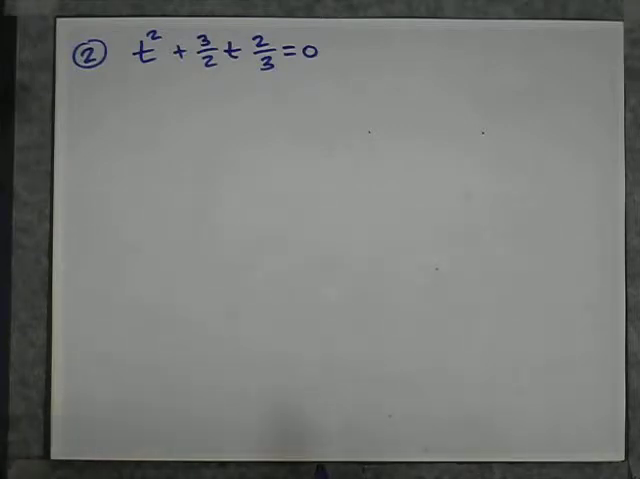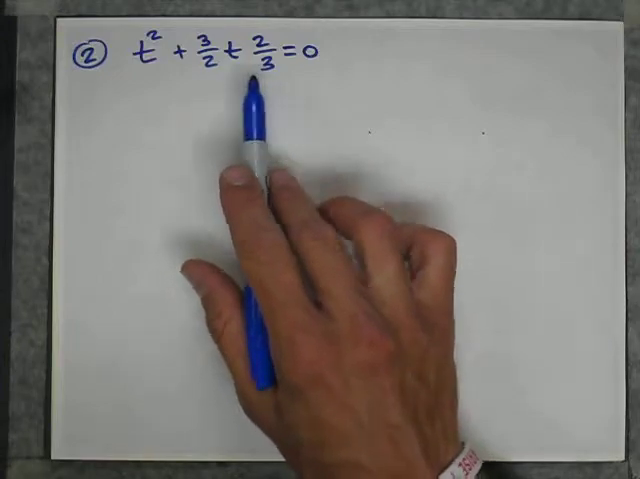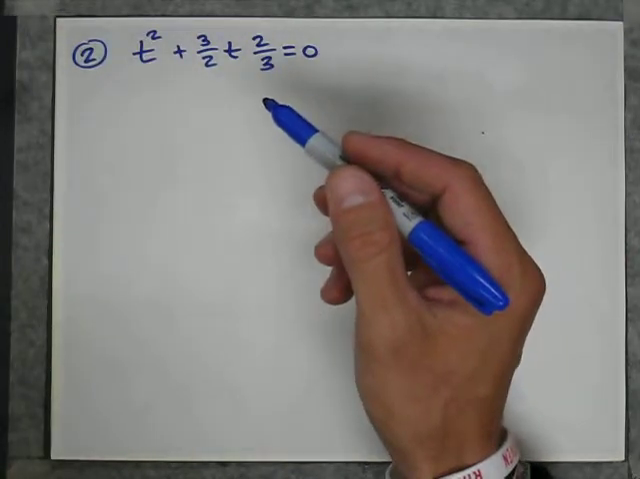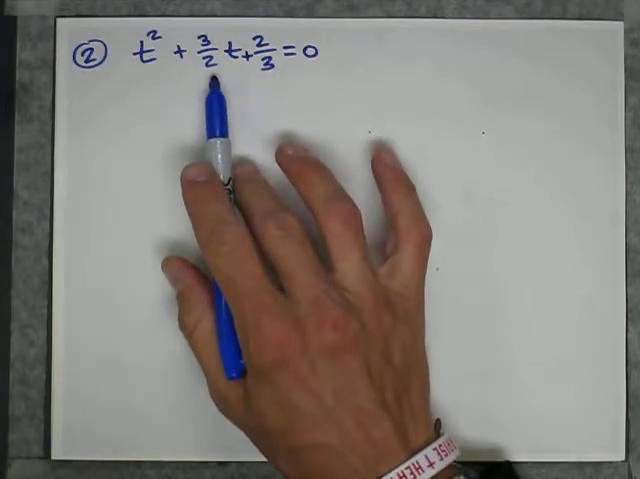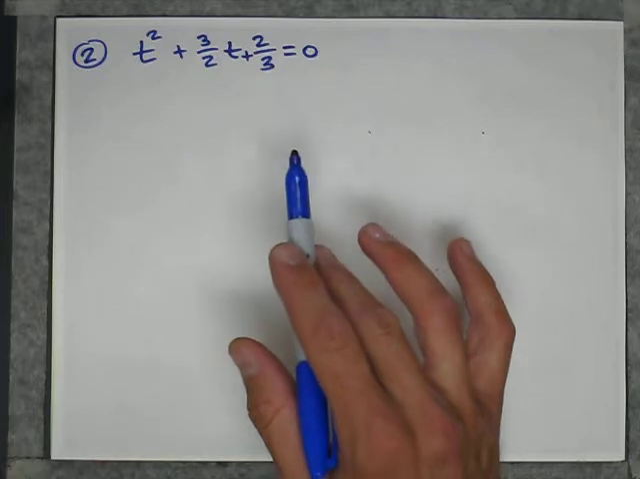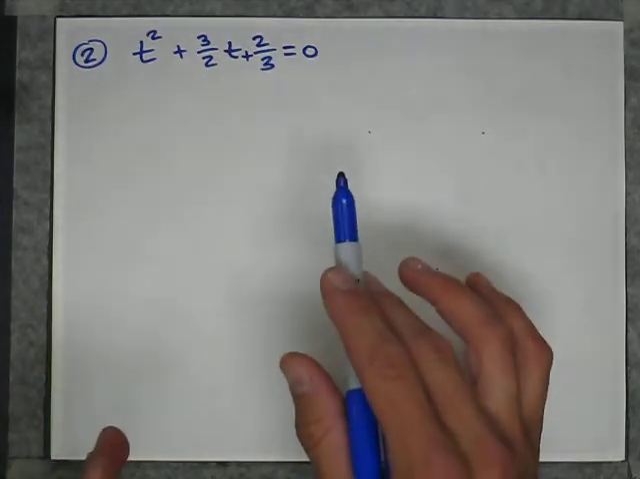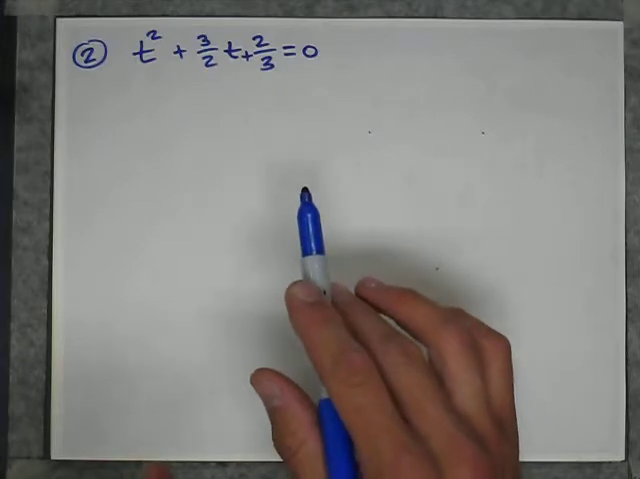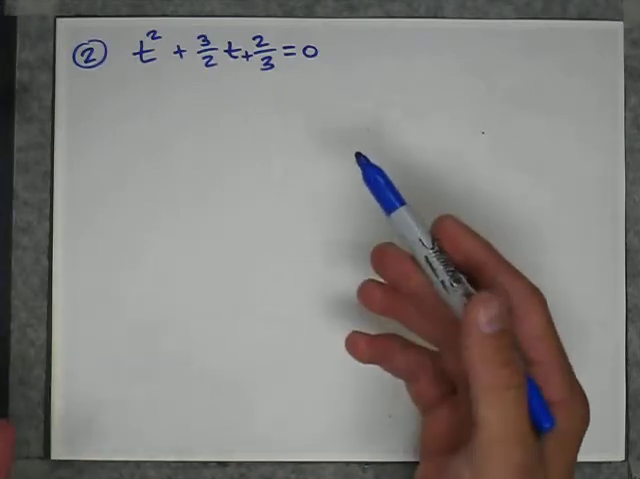So what we want to do is deal with fractions. So this is plus 2/3. You can get rid of the fractions, or you can use them in the quadratic formula. Sometimes using them in the quadratic formula can get a little confusing, so let's go ahead and get rid of them. We're going to multiply by the LCD, and the LCD is